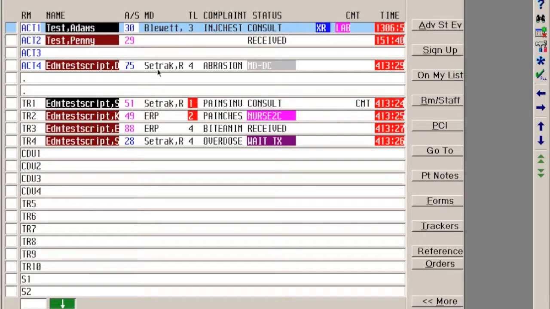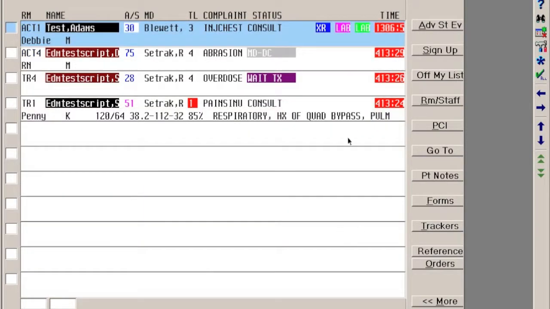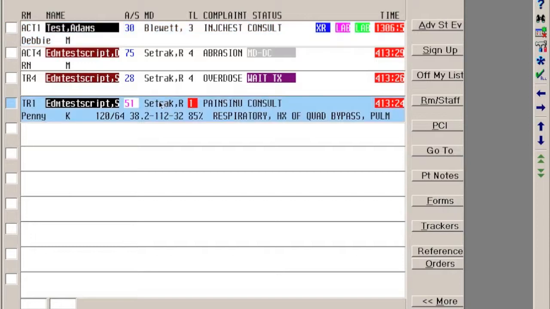You can also change the, again, let's take a look, and we can look at the tracker here. Let's go to my list. So you can make the same changes as you go during your day. So I know this guy I've given up for this consult, this guy I've discharged, this CTAS 1 I've consulted to ICU, and if you want to change this